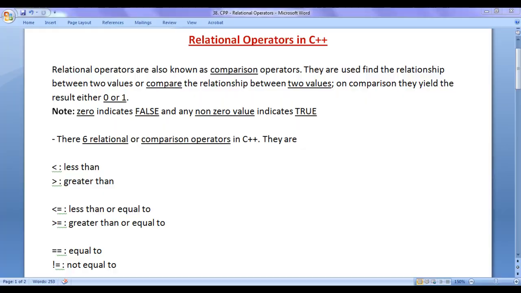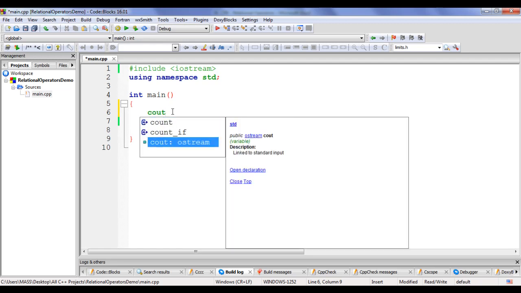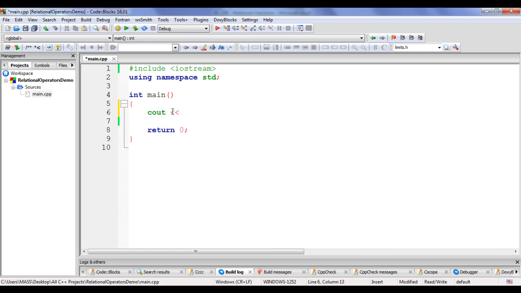Let's go to Code::Blocks and understand how we use relational operators in C++. You can see that I have already created the relational operators demo project and the main.cpp file is already open. Inside the main function, I say cout, insertion operator, in between the pair of parentheses I say 3 less than 4, insertion operator, then endl semicolon.